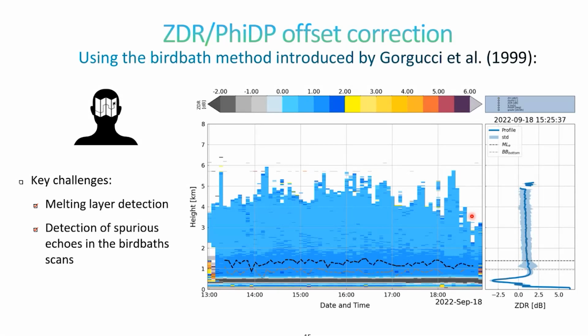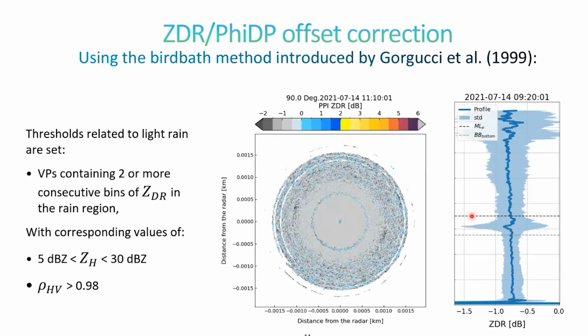Okay. So you check that it's not a system-dependent bias actually in the lowest elevations. So if you have stronger precipitation, then you can also use lower levels. No, it has to be in light rain. So the thresholds are below 30 dBZ. Then if we have convective events or stronger rain events, it's more difficult to estimate